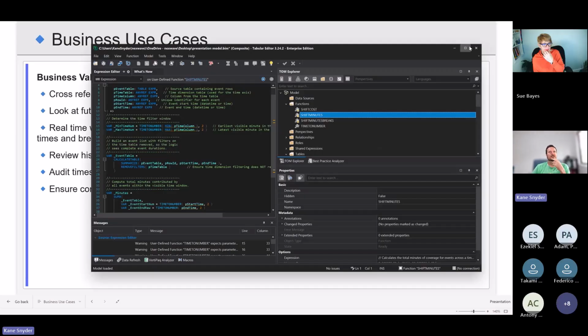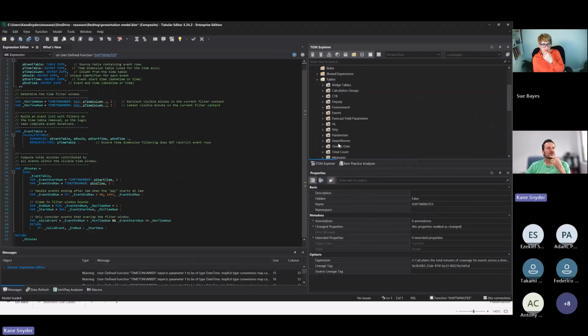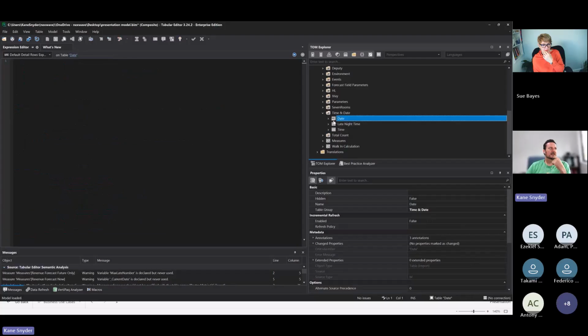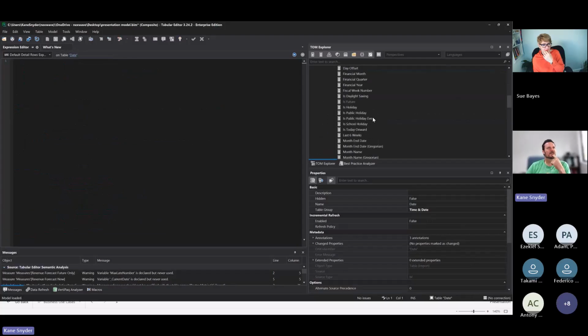This is just a BIM file that I saved that's a bit out of date and old, but let's have a look at what I've got. So yeah, I've got a date table, which looks like this. I don't know if this is helpful, but let me see if I can find. What was the question? Sorry, let me find it. Can you share how the calendar table was used and does it include a time/hour column?